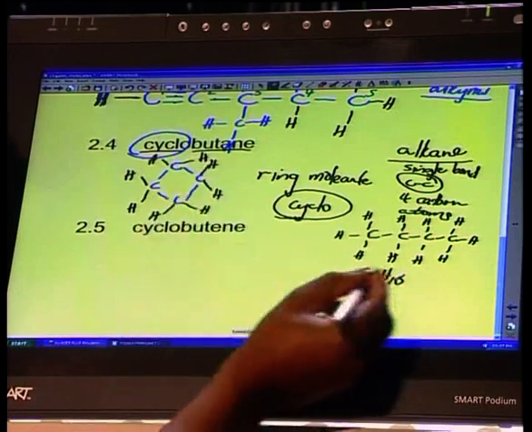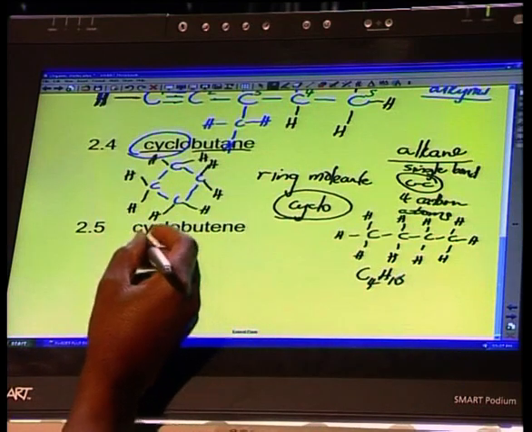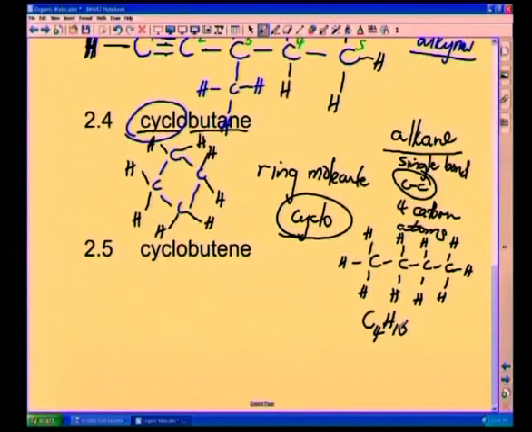But for this one, it won't be C4H10. Why? Let's look at it. You've got 2 hydrogen atoms for every carbon atom. So what you will have here for this one, it's this molecular formula. It's going to be C4H8. Okay? Now, this is cyclobutane. That is butane